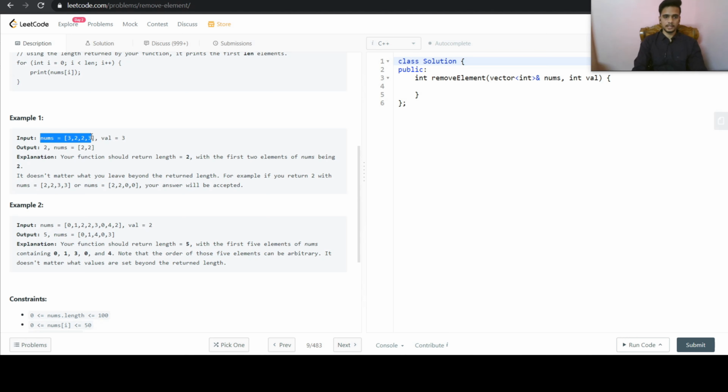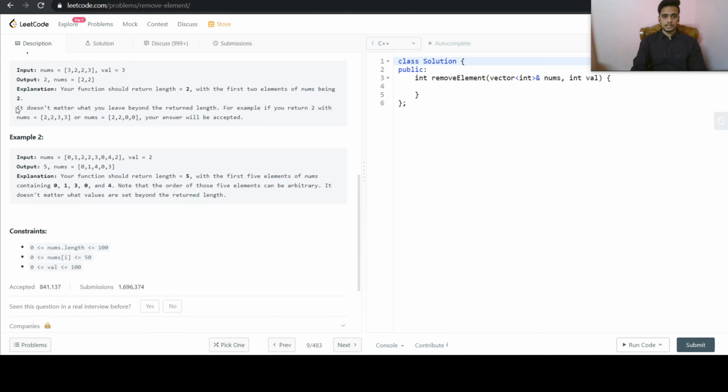The nums array that we will be given and the value 3. We need to remove all the values 3 from this array and return the new length, that is 2. And since we will be doing this in place, the array must look like this for the first two places, and it doesn't care what it contains after that.